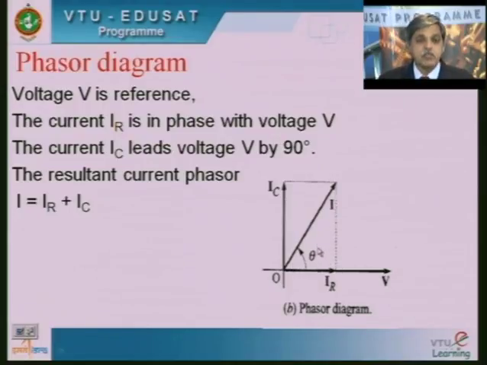If the resistance is more dominating, then the current will bend toward the voltage axis. If the capacitance is dominating, IC magnitude will be more, therefore the total current will be leaning towards IC. So this is the combined effect of resistance and inductive reactance or capacitive reactance, and how they work in AC circuits. Both will dominate, but in the sense that one has to be smaller than